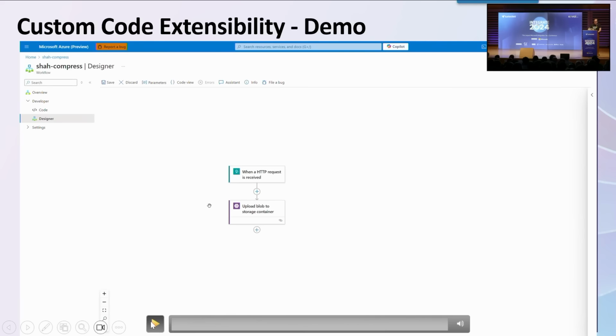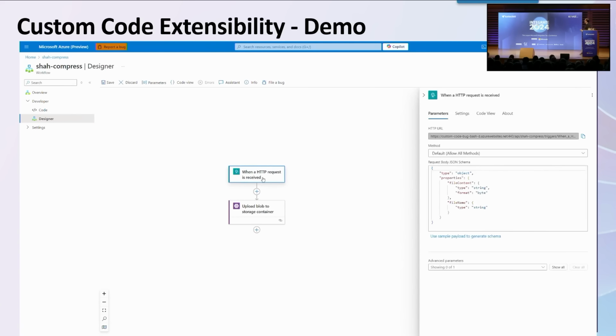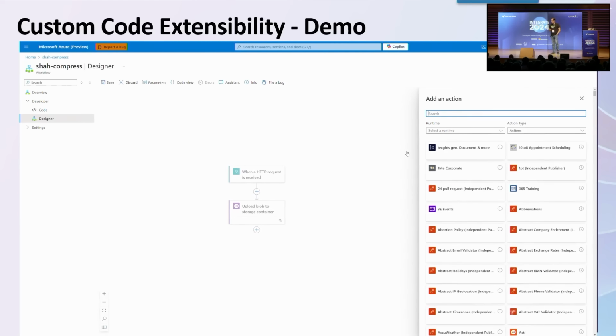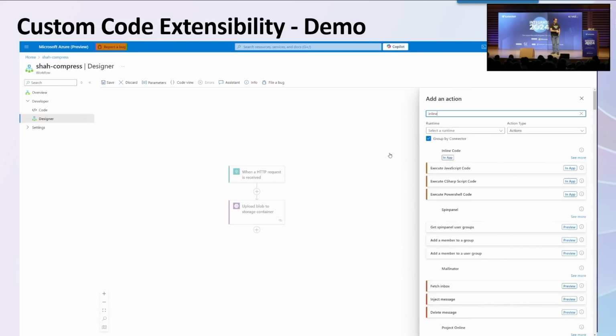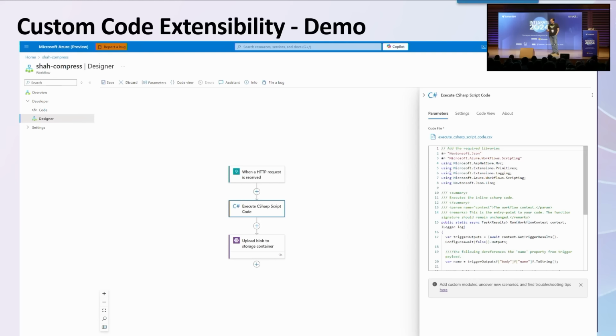So what we have here is how you can see that custom code extensibility, right? I have a project that has a file content and a file name. And what I wanted to do is zip that file before I put it in the blob storage. So I selected a C# inline action. You see that it's quite similar to the one that we had before for